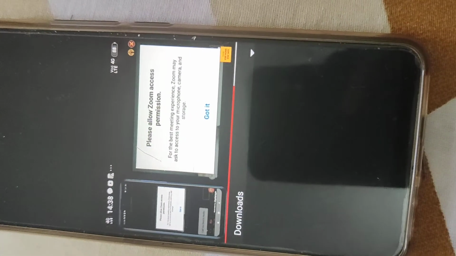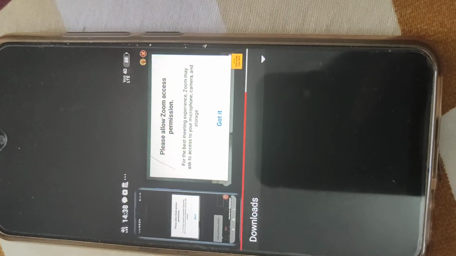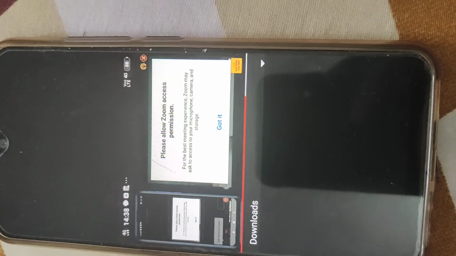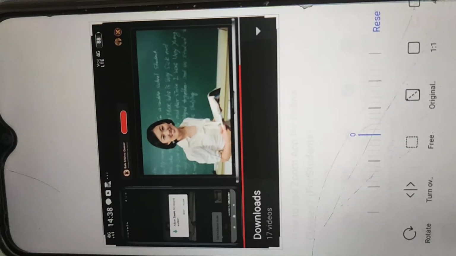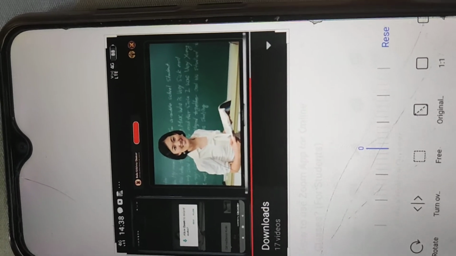Once you enter, you can see this kind of option on your mobile phone. Please allow Zoom access permission. If you get the permission, that means the teacher has allowed you to enter the class. Once you enter the class, you can see your teacher like that.